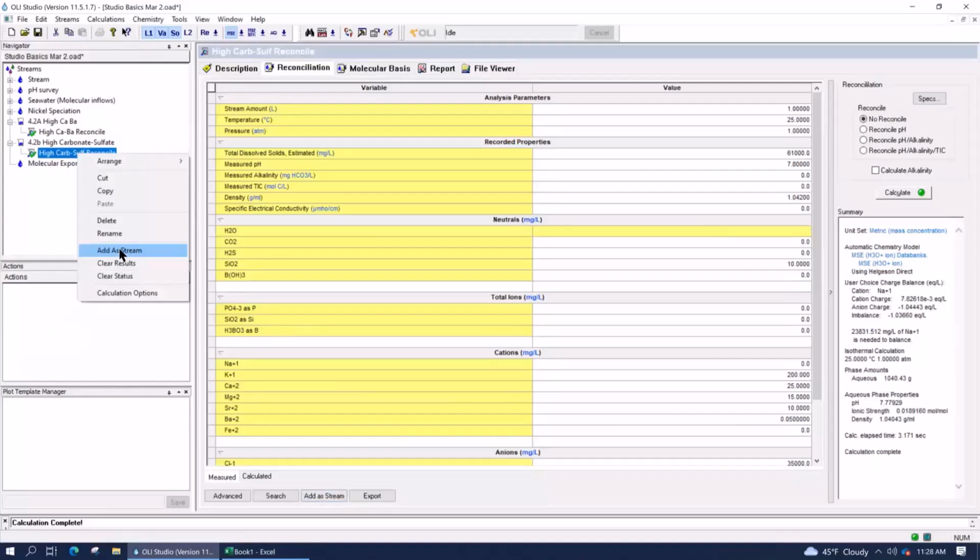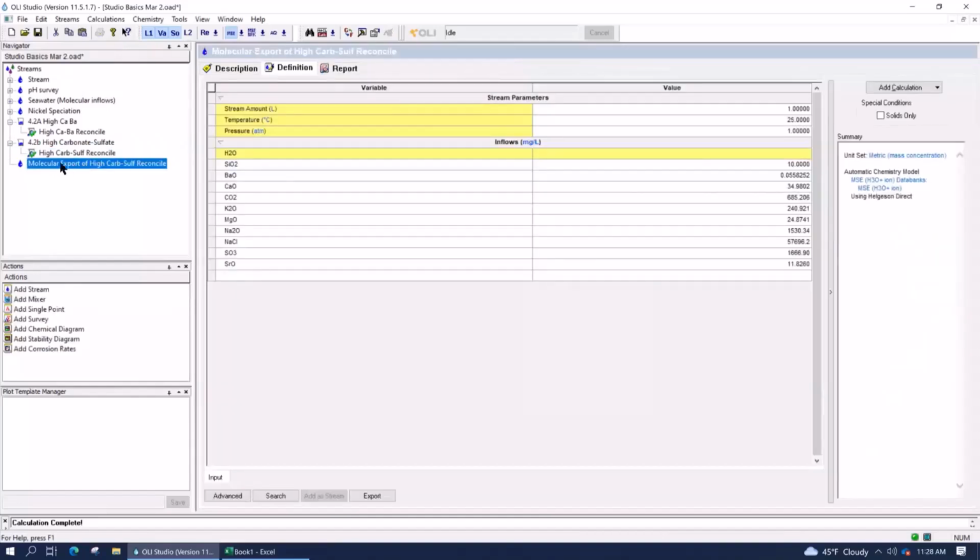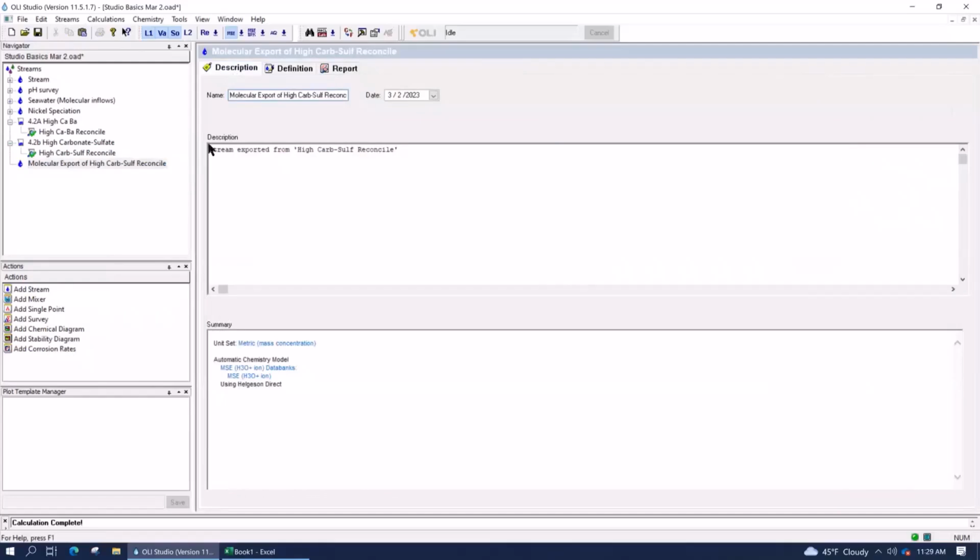And again, one of the reasons why we want you to name things is because once you've converted it from a water analysis to something else, somehow you have to identify where it came from. Now here it's easy because it says molecular export from this. And it also says the same thing in the description: stream exported from. So as long as you've labeled this, you can identify where the source of this was, in case for whatever reason you rename it here. So there needs to be some sort of tie back, and that's why labeling things is good with this software. I'm going to delete this since we don't need it.